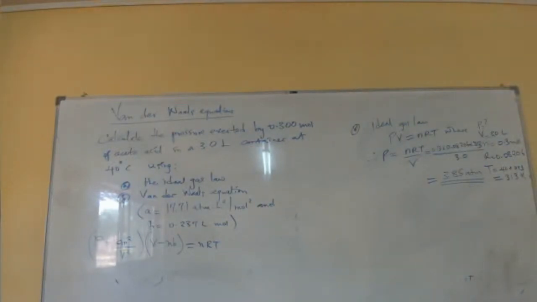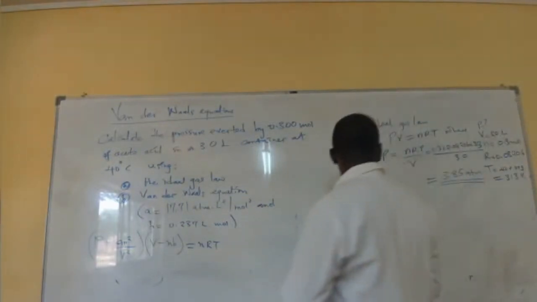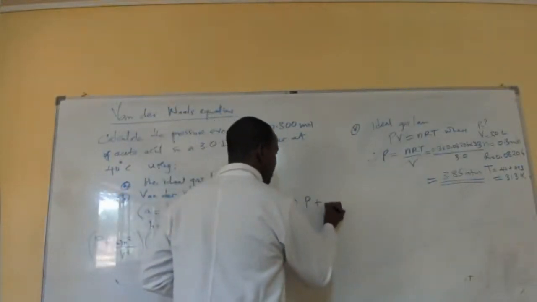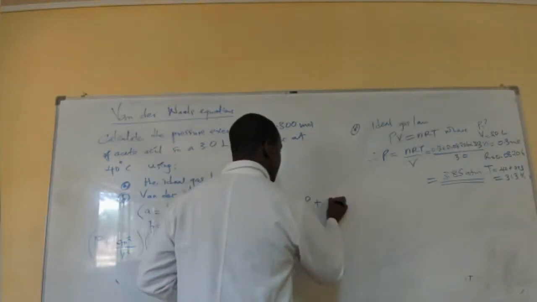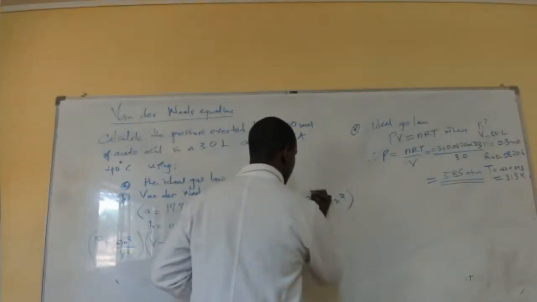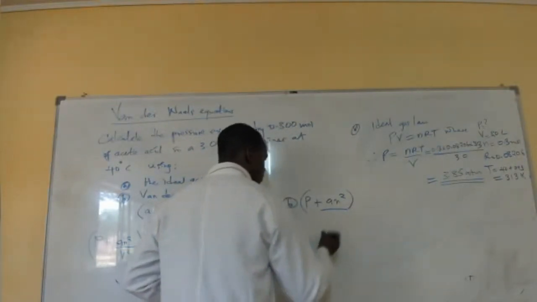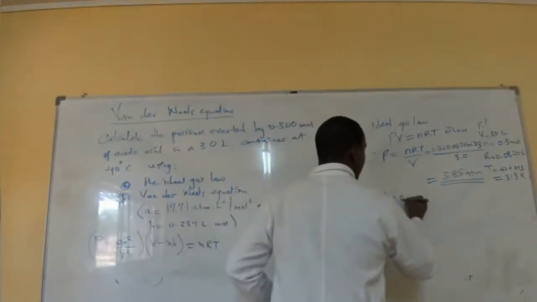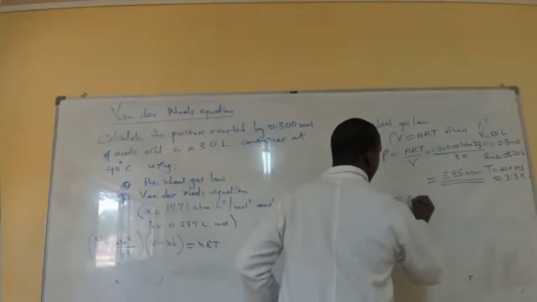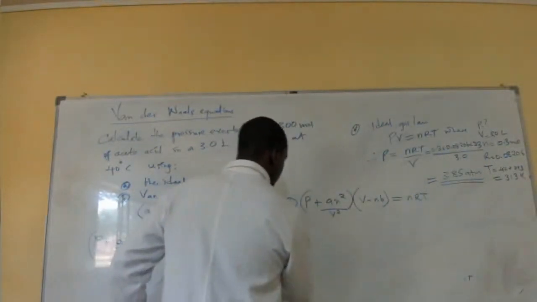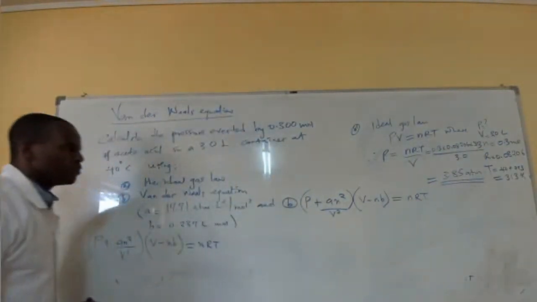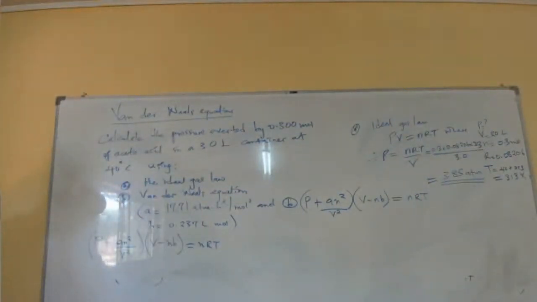Okay. If we use the Van der Waals equation, I'm saying P plus an squared over V squared, times V minus nb, is equal to nRT, like that. So the pressure we do not know, but if we were to solve for P, which makes our life very easy,